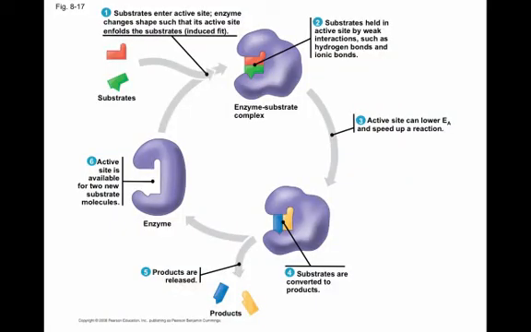So here we have our process. My substrates are the red and the green molecules. They fit into the active site of the enzyme. That active site lowers the activation energy. At step 4, you see our substrates being converted to products. They get spit out of the active site, and the enzyme goes back to its original shape. The enzyme is not affected, not changed. It just constantly